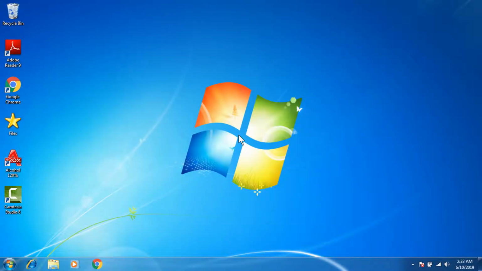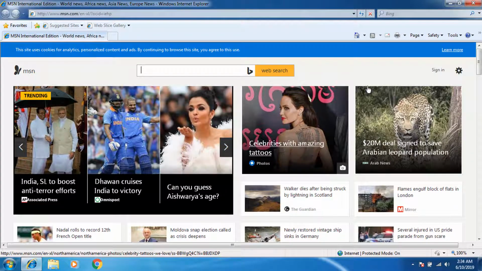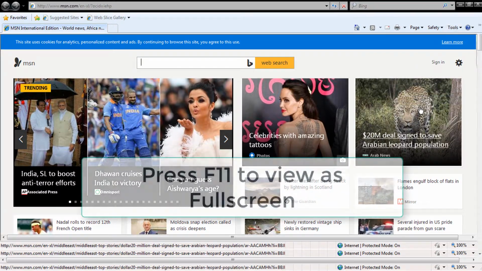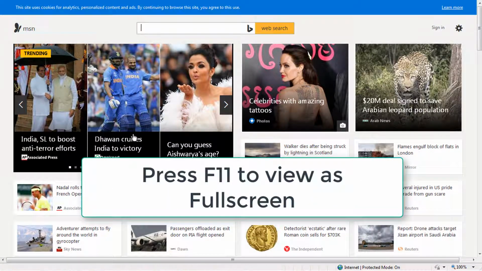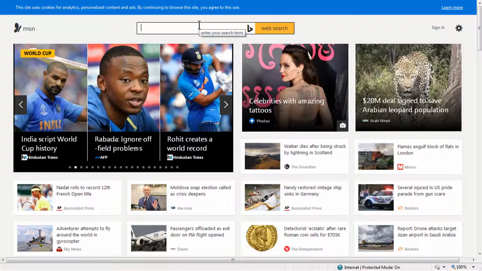Hi everyone, today I am going to show you how to go full screen in Internet Explorer 8. So let's go to Internet Explorer 8. Now in here you have to go to Tools and then you have to select full screen. So if you press F11 on your keyboard, it will actually have the same effect, and after you have done